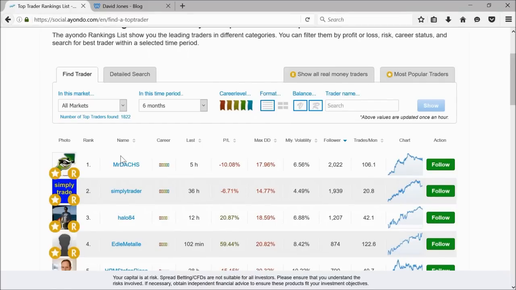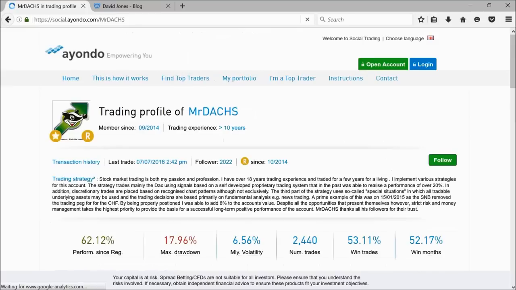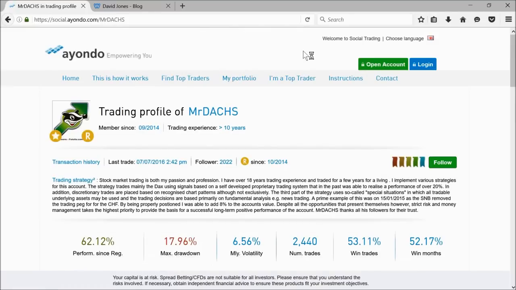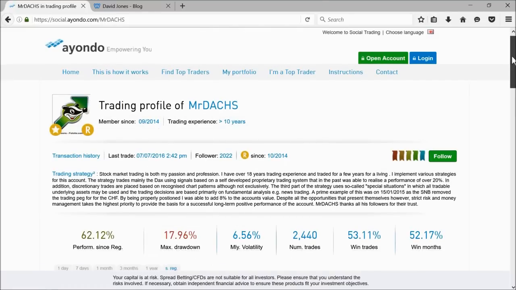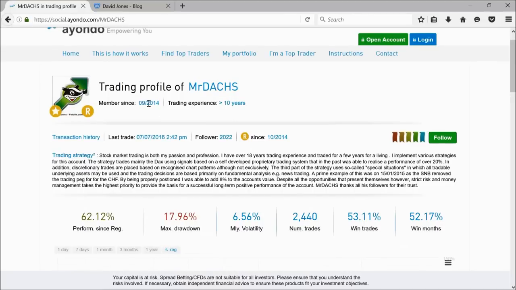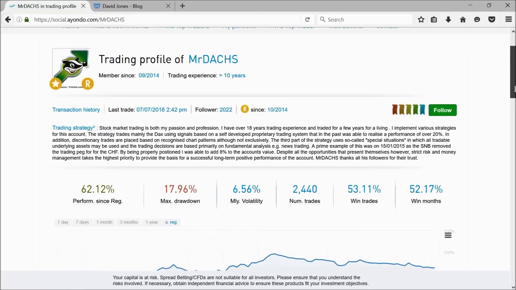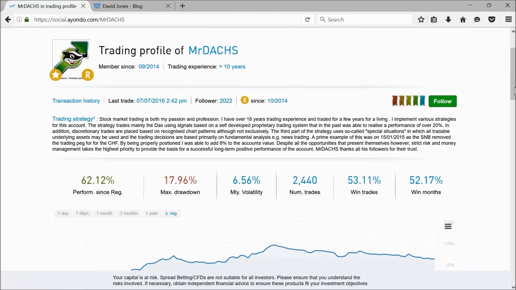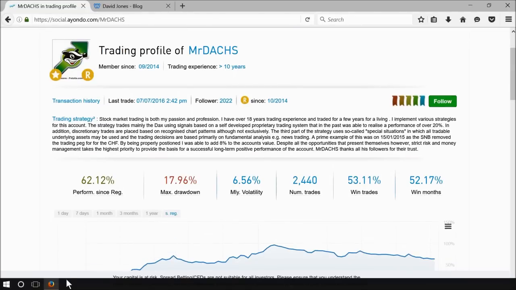And if you click on an individual trader, let's go back to the most popular one, Mr. Dax. If we click on this one, we get a bit more information about this person. So we have member since September 2014. So what's that? About a year and a half, coming up to a couple of years nearly. Trading experience greater than 10 years. Transaction history